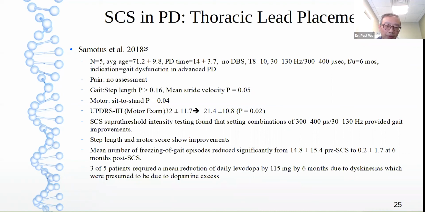The UPDRS score has improved, again, somewhat significant in terms of statistical results. They show that suprathreshold intensity testing is required for gait improvement, and they report step length as well as motor score show improvement,